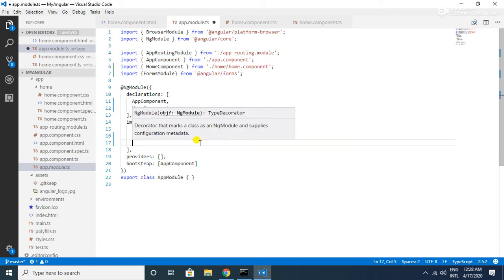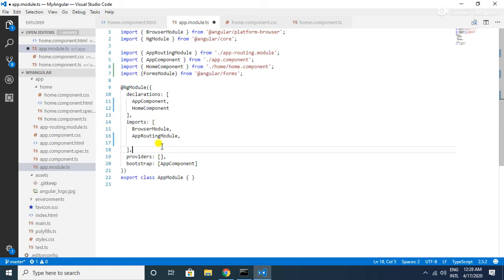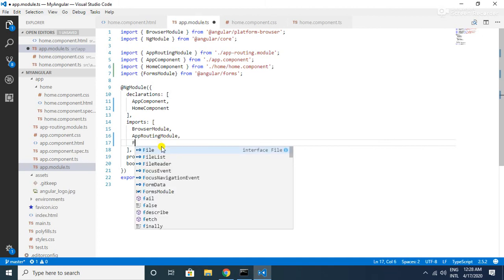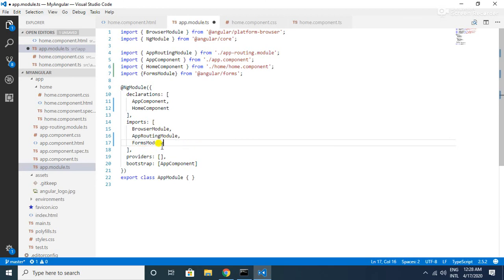Whenever we are importing a third-party or external module, we have to add that module to this imports array, so we add FormsModule to this imports array.